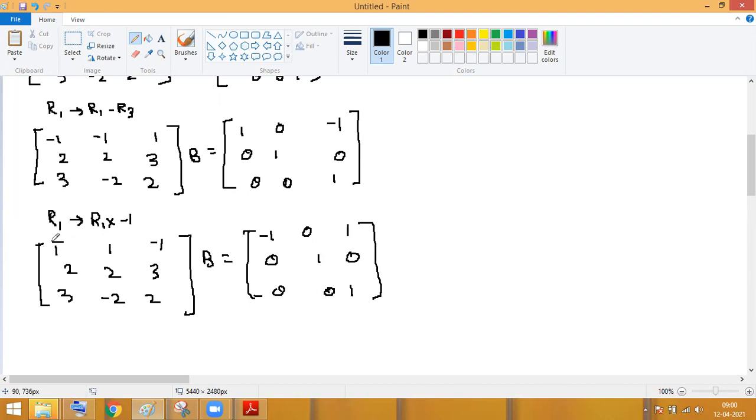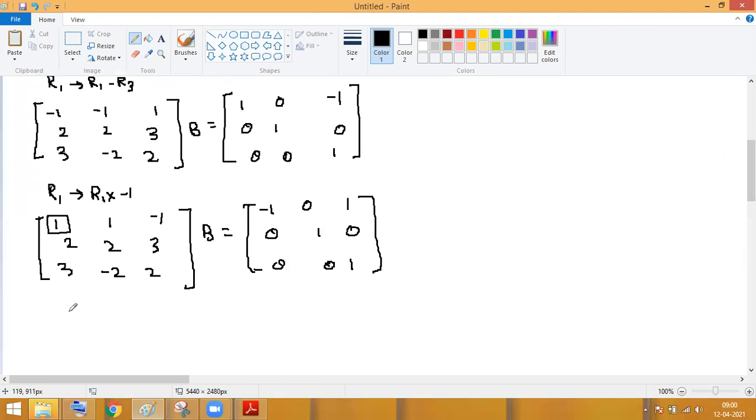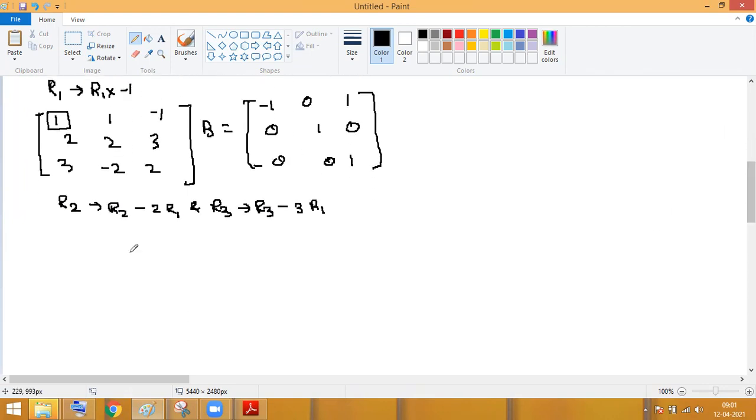Now, when you have got this as a 1, then make these two equal to 0. How can we make these two equal to 0? I told you, you can apply the operation R2 tends to R2 minus 2 times of R1 and R3 tends to R3 plus minus, remember? Minus 3 times of R1. Clear with this? So when you do this operation, what will you get? On this side, there will be no change in the first row. 1 1 minus 1. Into B equal to, there will be no change here, -1 0 1. But change will be in the second row and third row.